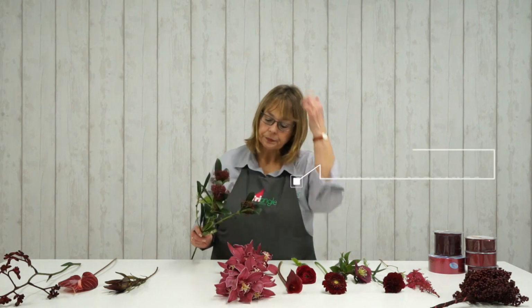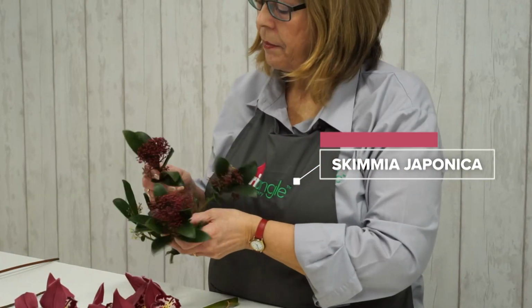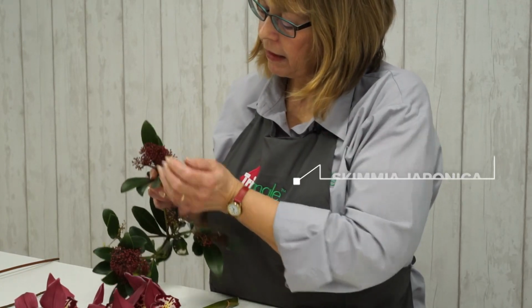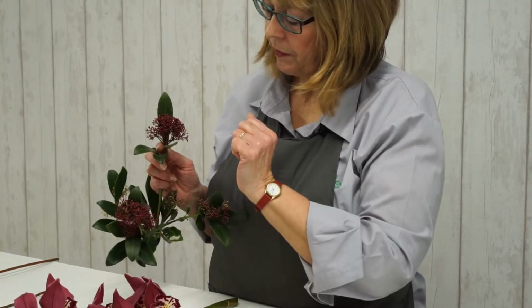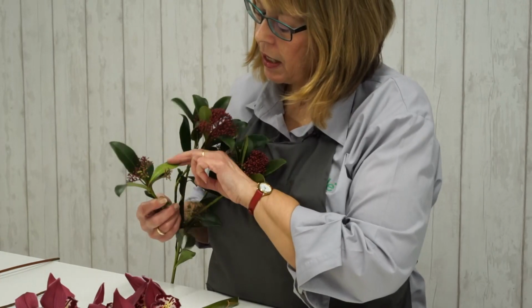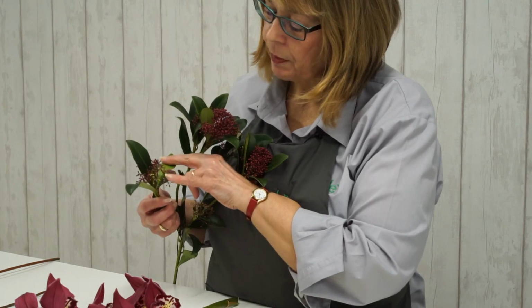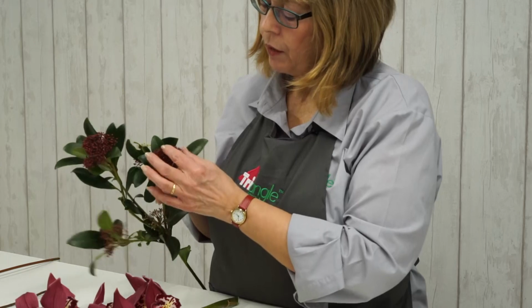Next I'm going to move on to Skimmia. Now this is Skimmia Japonica. This is actually a shrub. The flowers on it have that beautiful claret colour tone, and that's more of a red claret. You do get a variety of tones because some of the blooms that aren't quite so fully developed have that paler, almost pink feel to them, and then as they do develop that little bit more, you'll find that claret